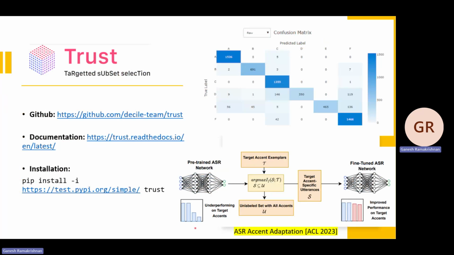And you find that Manipuri accented English cannot do English well. But what we show is okay. Again, you take some targeted accent examples, and you have an unlabeled set with all possible accents. You can identify a subset which is like Manipuri. It might actually be a mixture of Assamese, Bengali, similar languages. Their accents might be similar. But a lot of it may be already